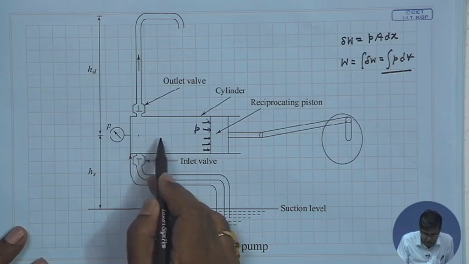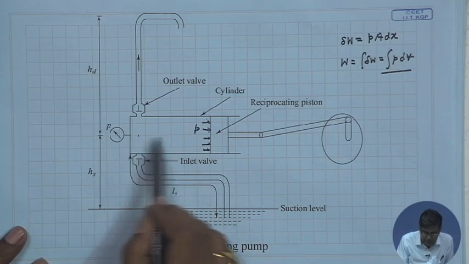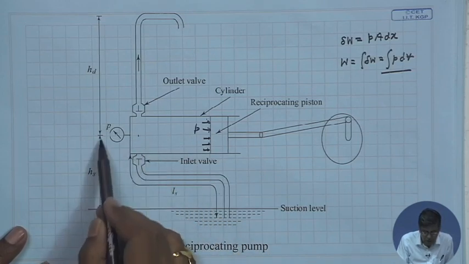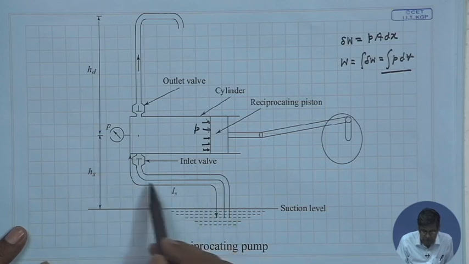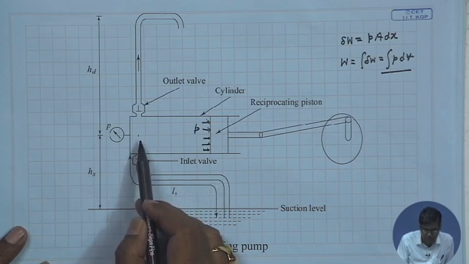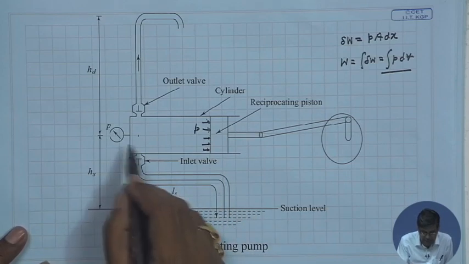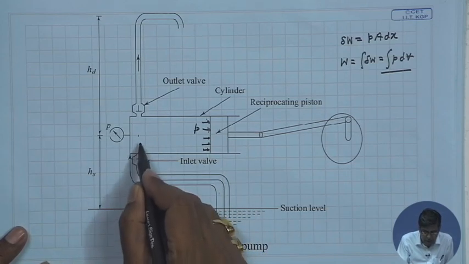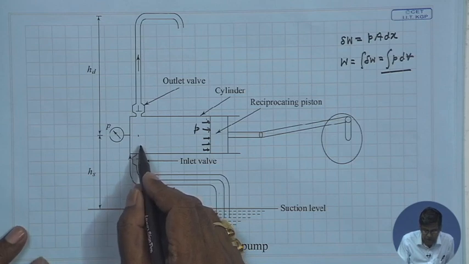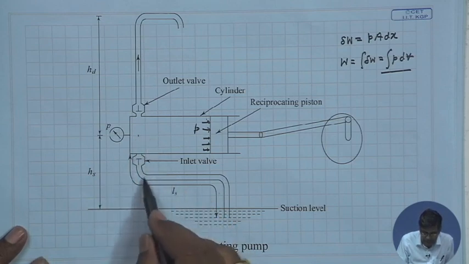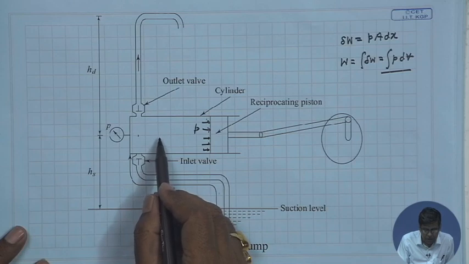Because of this acceleration, the suction head required will be more than the static lift, in consideration of the acceleration head. That means an extra force has to be given, an extra energy has to be created to draw the fluid with acceleration. And this acceleration in the pipeline will be more than that in the cylinder because of the difference